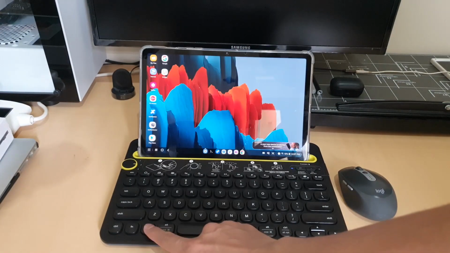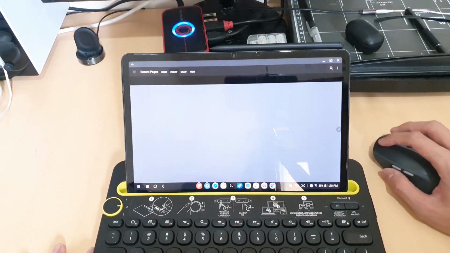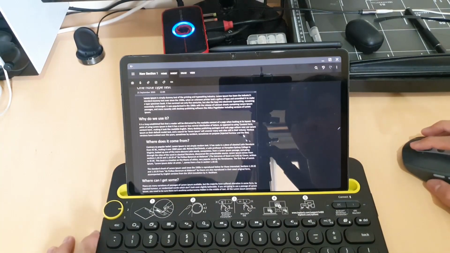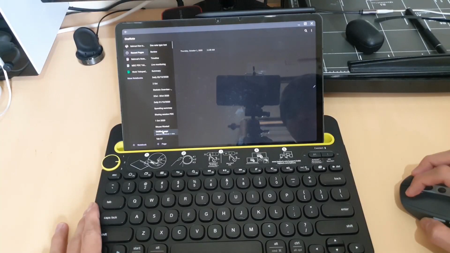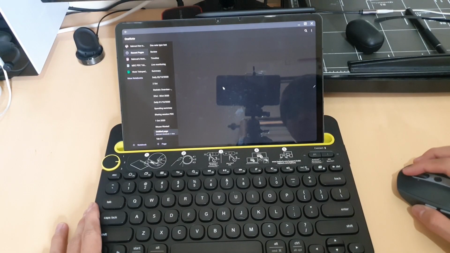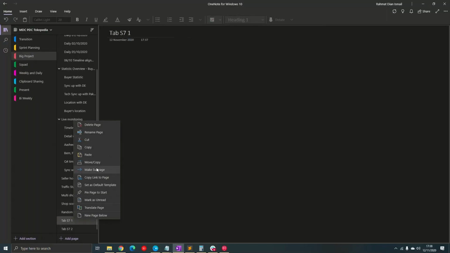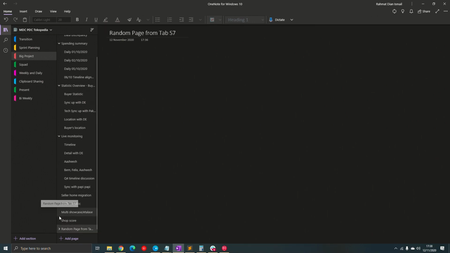First, let's talk about note-taking apps. I usually take notes with OneNote because I subscribe to Microsoft Office and have 1 TB of storage. The experience of using OneNote in Tab S7 is not really good. First, I cannot create a sub-page, so I ended up creating a page on my Tab S7 and making it a sub-page on Windows PC or MacBook. So it's not really practical to create a sub-page on Samsung Galaxy Tab S7.